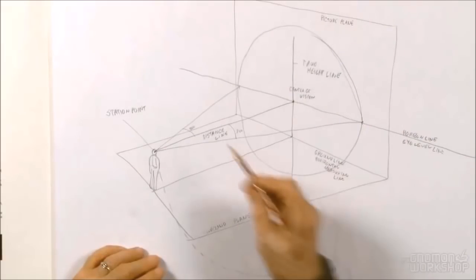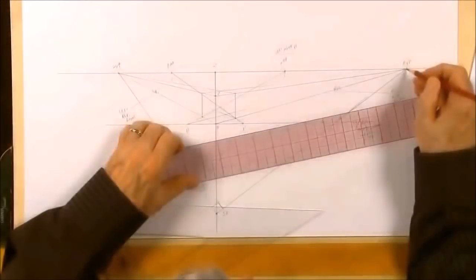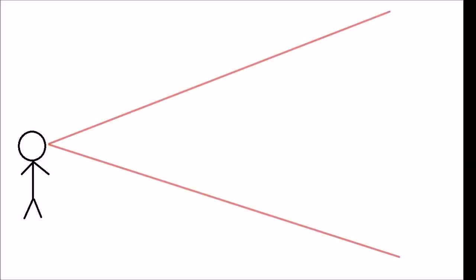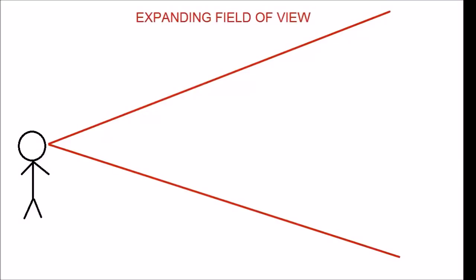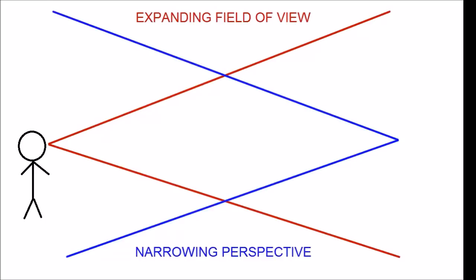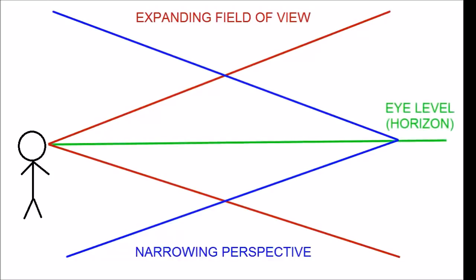So basically we have two things going on in any observer's field of view, or that of a camera lens, with both the human eye and the camera lens using convex lenses. First, we have this expanding field of view over distance. And then we have the narrowing of that field of view with perspective, causing the surface and the sky to appear to meet in the distance as far as our eyes can see.